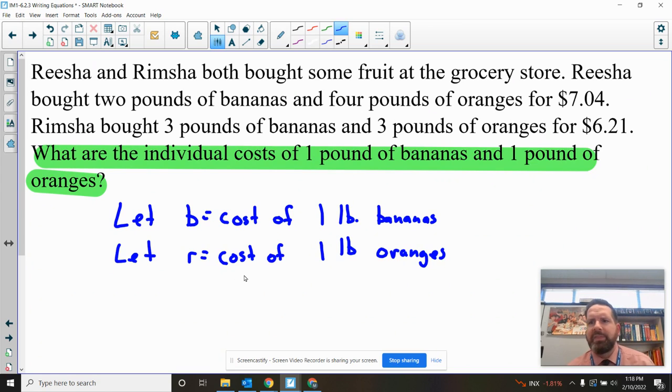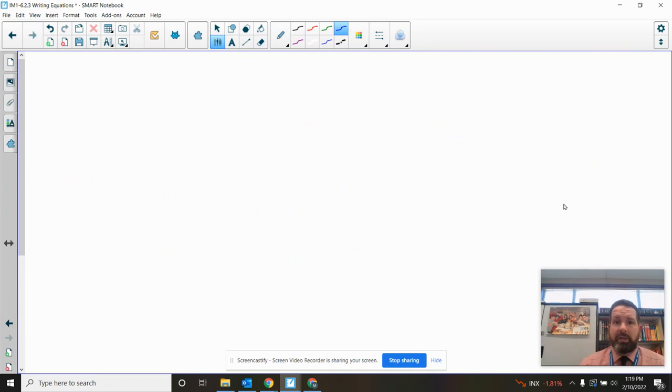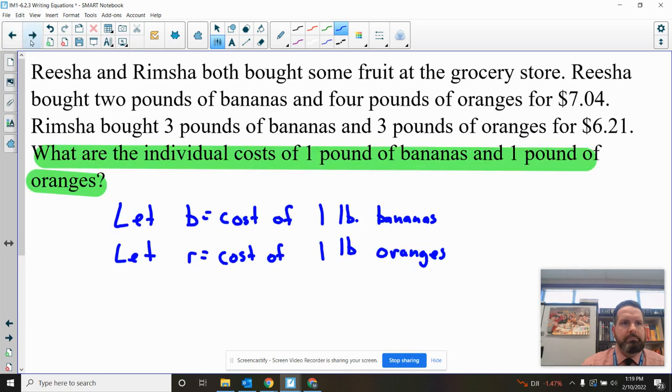Okay, so the trick this time is to look at what we have going on. So I've got two sales that I'm dealing with. Last example, it was looking at how much protein there was and how much sugar there was. This time it's looking at how much did Risha spend and how much did Rimsha spend. So equation one is going to be, let's do Risha's first. So for Risha,